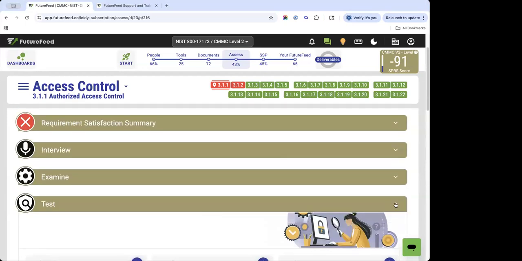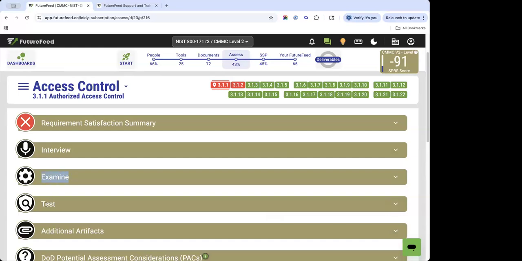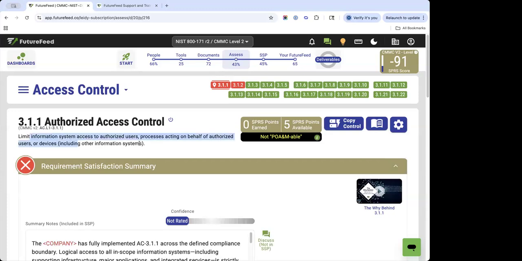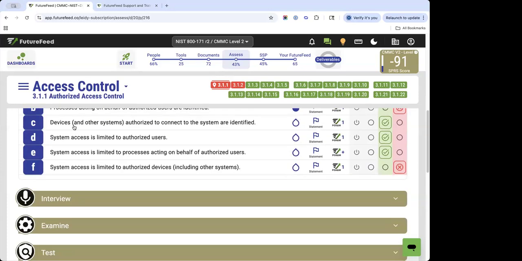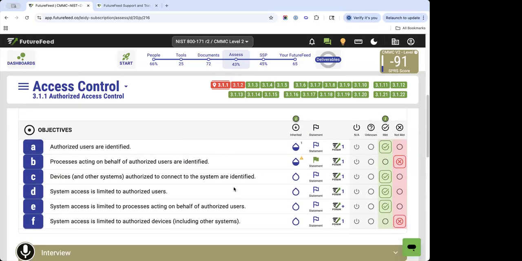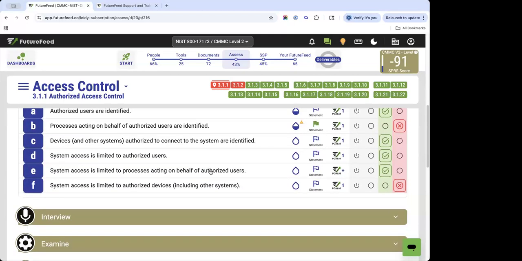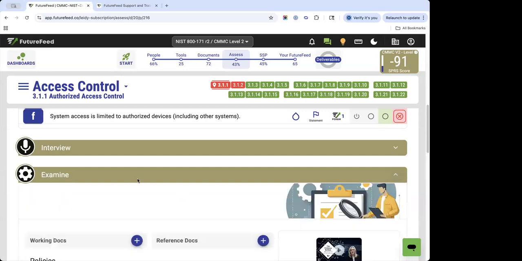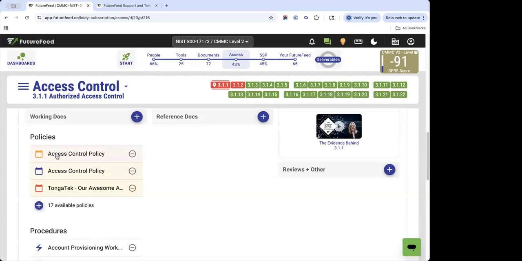Okay, so you've connected some of your artifacts and evidence to this requirement as you were logging them. So when you're doing this internal assessment, you should be able to read the requirement, and then read the different objectives and get an idea, start speaking to the right people at your company and learning more about how this requirement's implemented. But it should already be connected to some of those documents and those assets. So it should help you with figuring out, oh yeah, okay, this is how we're meeting this requirement